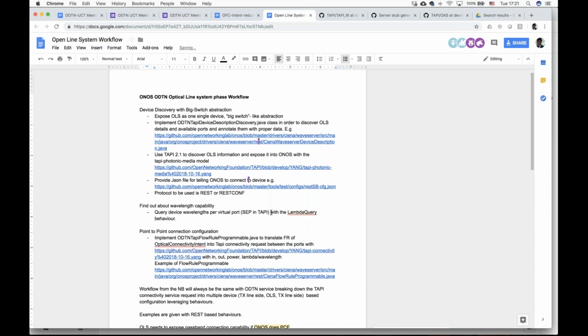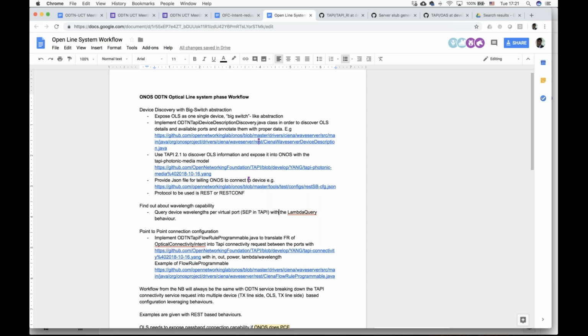Ramon, this behavior that you are describing is intended for a device, but here the OLS is an end-to-end between 2 points. It's not just a matter of 1 point. But Oscar, we're assuming the big switch abstraction. Yes, but that means one big switch with n ports. So you have n multiplied by n minus 1 combinations. So are you going to report all of these possible combinations which are free? No,